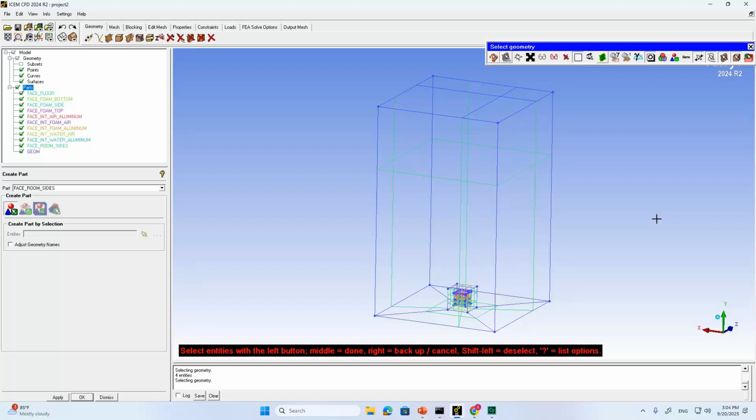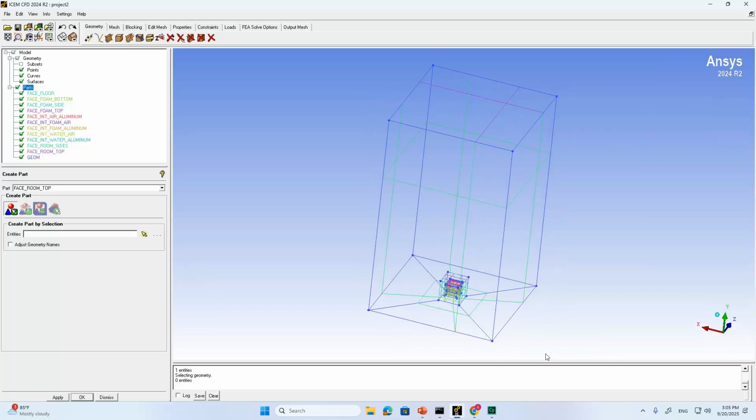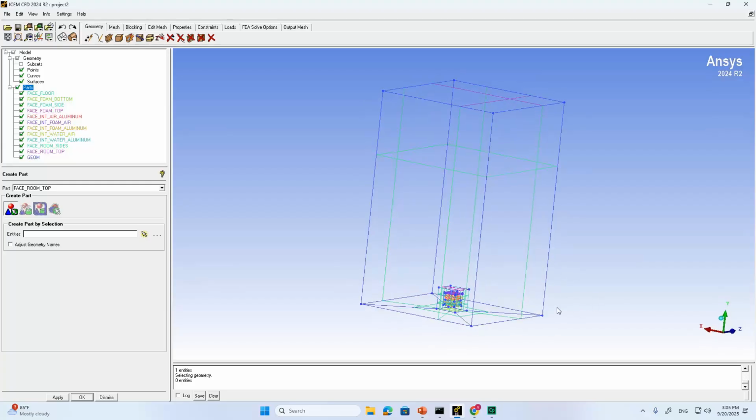Okay, and I have a room top. Well, it's a pretty small room, I should say, but anyways,